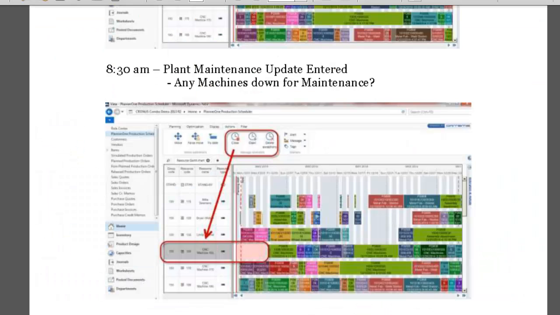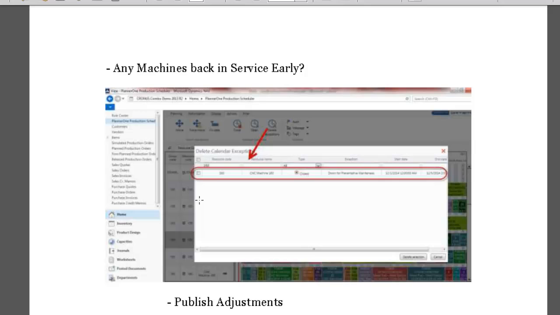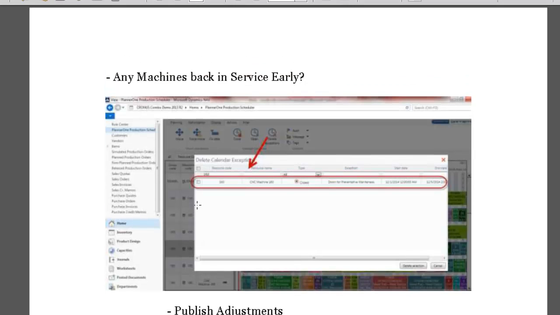Okay, so you get the idea there. Let's go on a little further. So that's 8:30. What happens next? If it comes back in service early, let's say they got the work done early, you want to be able to